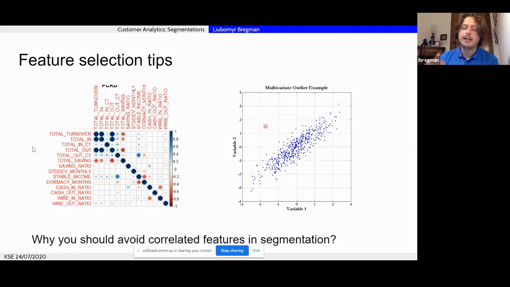And then when I'm running my k-means algorithm, as you remember, it was minimization of Euclidean distance, or minimization of the sum of squared distances. And if I have two variables responsible basically for the same effect, I have an incentive to decrease this distance more, specifically for total turnover.